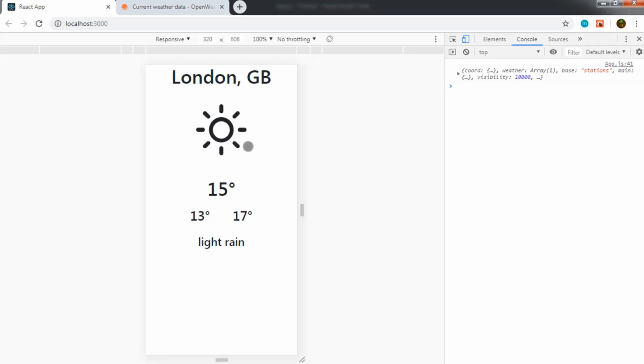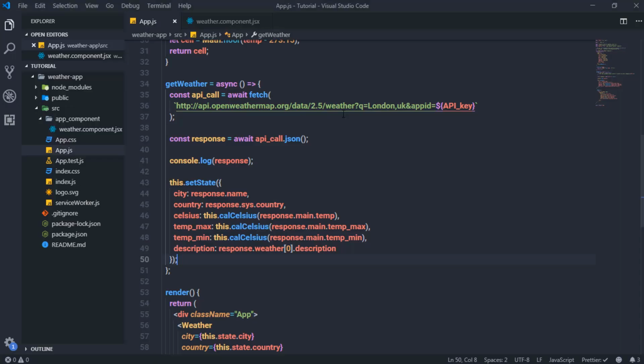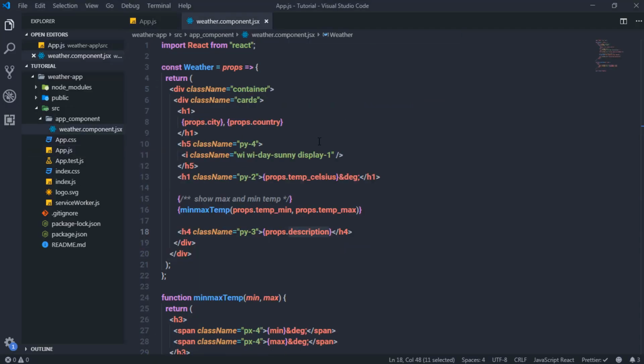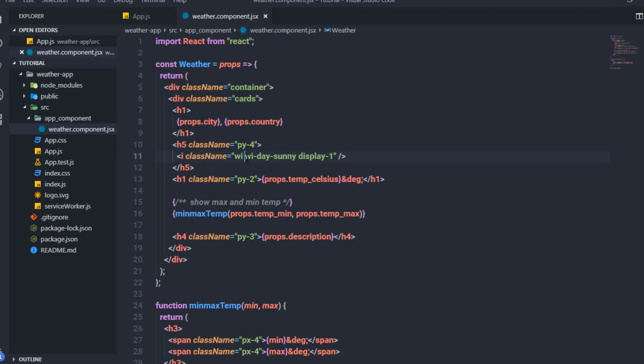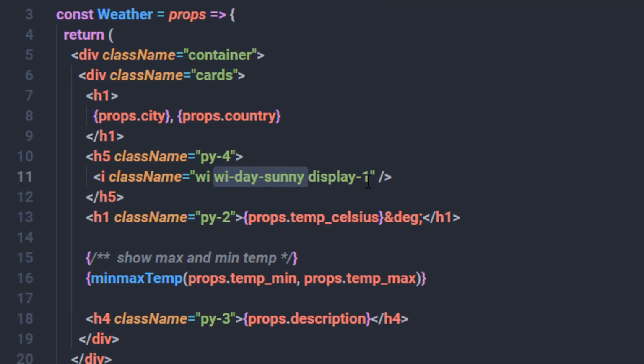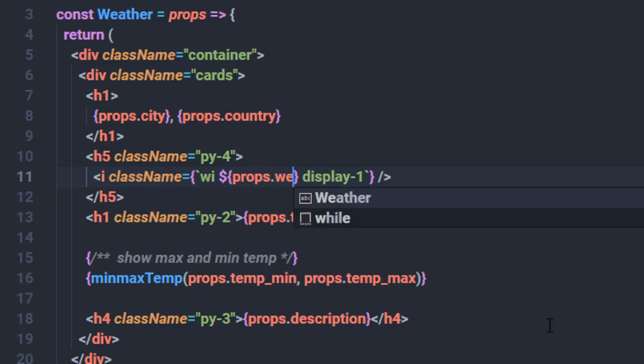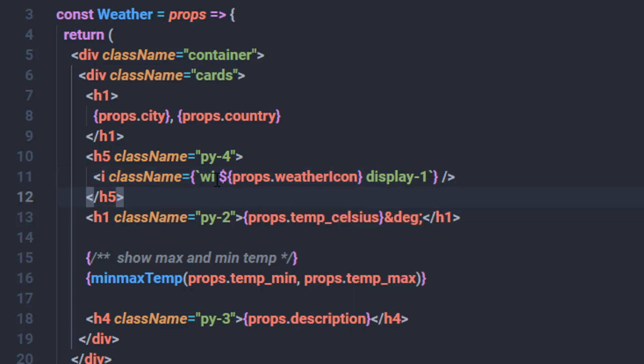Now I want to change this icon depending on the weather. So I'm going to open the weather component, and instead of specifying these hard-coded classes here, I'm going to get rid of these hard-coded classes. I'm going to get rid of this class and wrap these classes in the backtick operator like this. And just after that, right here, I want to call a property. So I'm going to say props.weatherIcon, and I'm going to specify this class when we